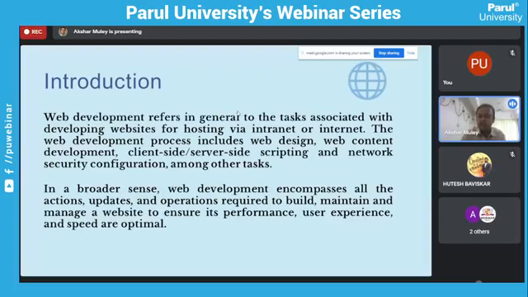But if we focus only on the web, in web development there are two important tasks. The first is designing, and the other is known as backend coding. Designing means the web content development, the interface, the GUI, the UI, through which our audience, our user, interacts with my website or my web development or my